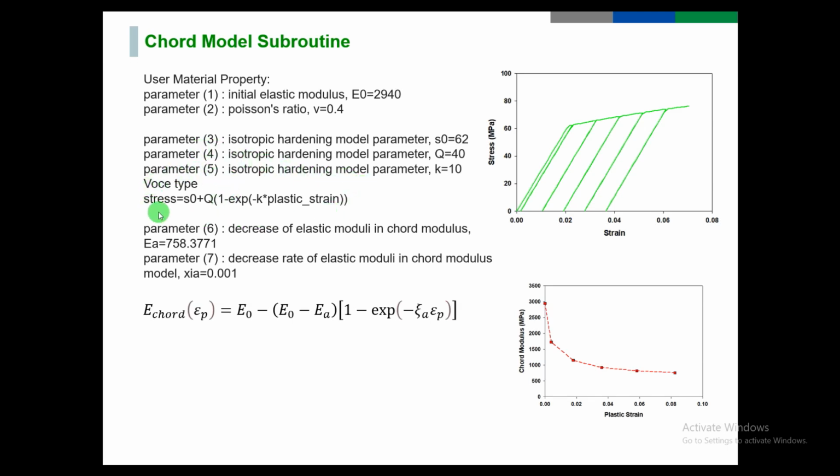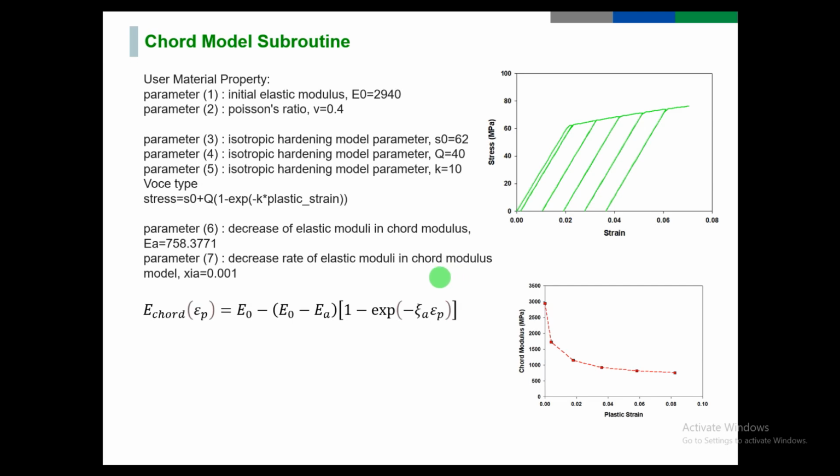We use which type. You can search about which type and get lots of information from Google. We define stress and initial stress Q as an isotropic hardening model, and K is also an isotropic hardening model, and then epsilon P is the plastic strain. For finding this equation, we define three parameters, and for the short function,